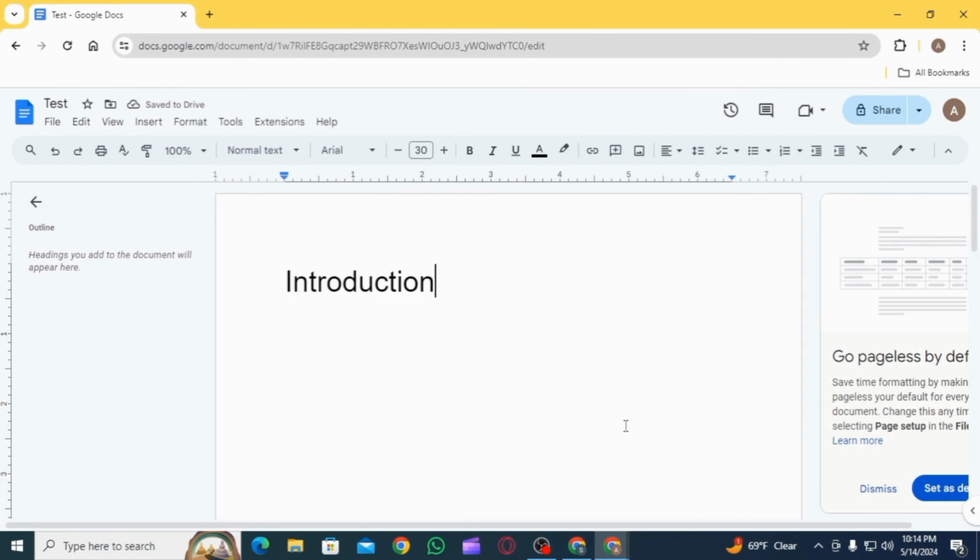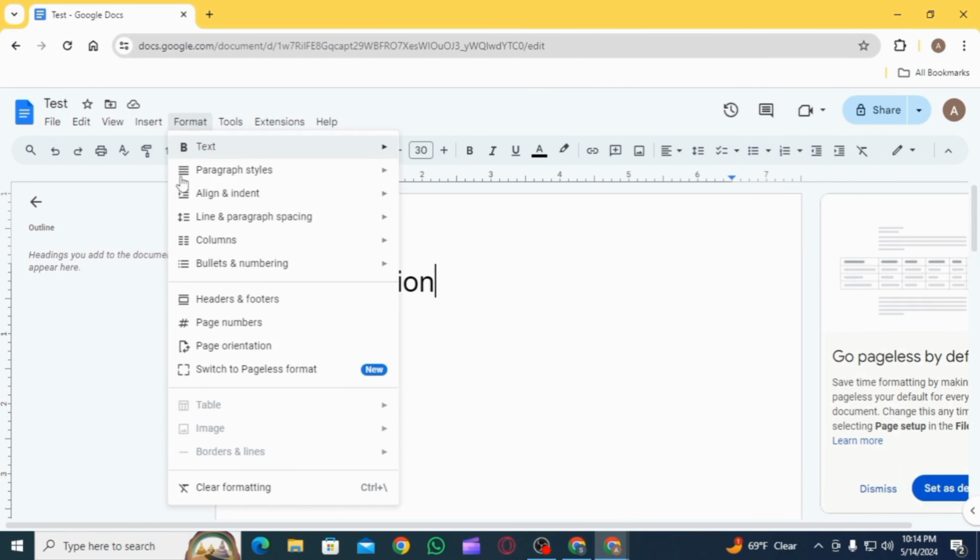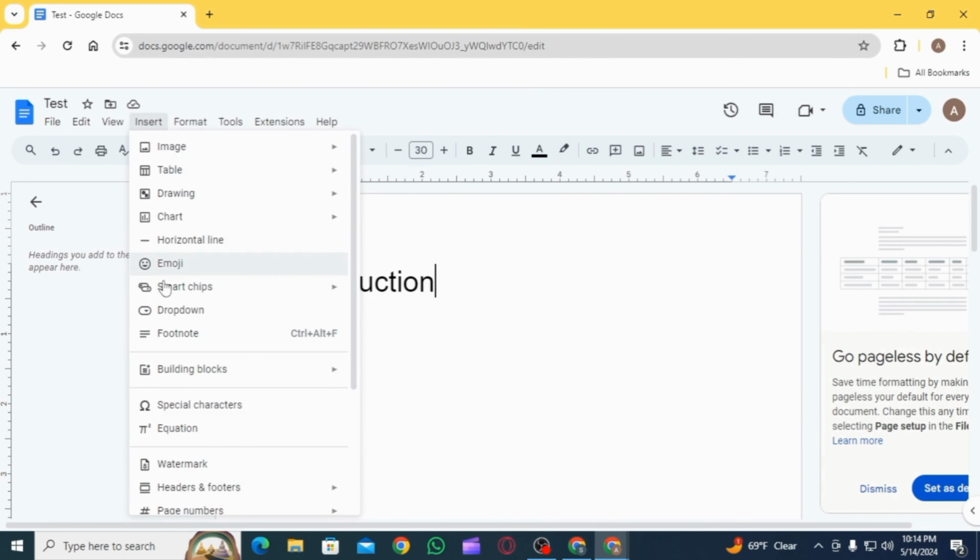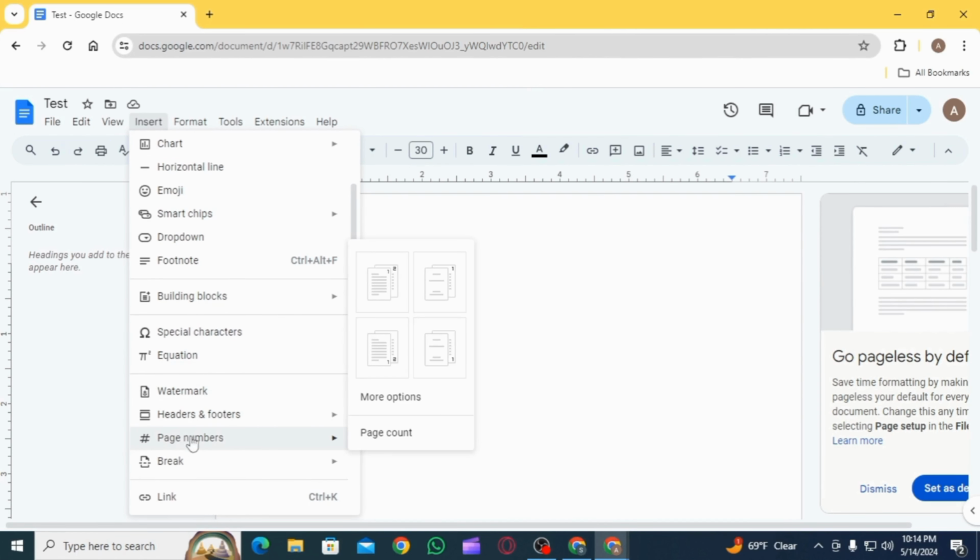Now at the top you have different tools. You want to select the insert option in order to add page numbers. From this list, scroll down and find the option of page numbers. Now you can select whichever you want, or you can also click on more options for some other details as